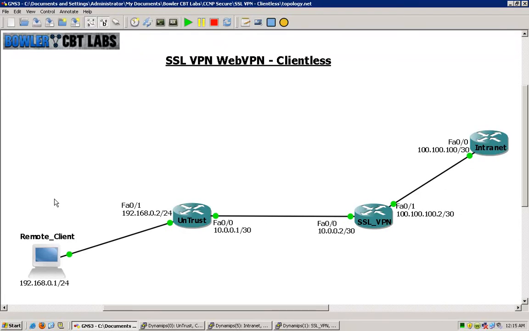So I will be connecting through a Cisco Catalyst 3550 switch, and then through that switch I am hitting a network card which is actually bound to the interface connecting to this untrust router right here. So I'm acting as a remote client which will be connecting to our SSL VPN over here over an untrusted